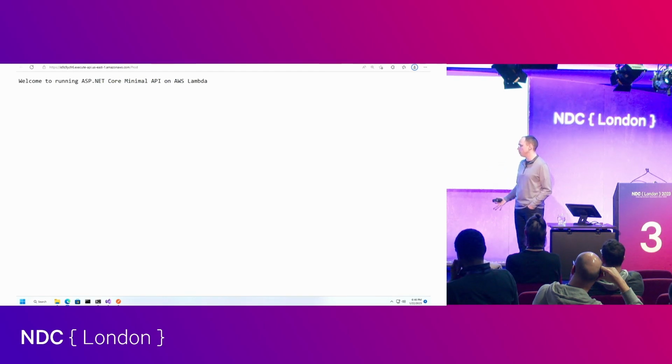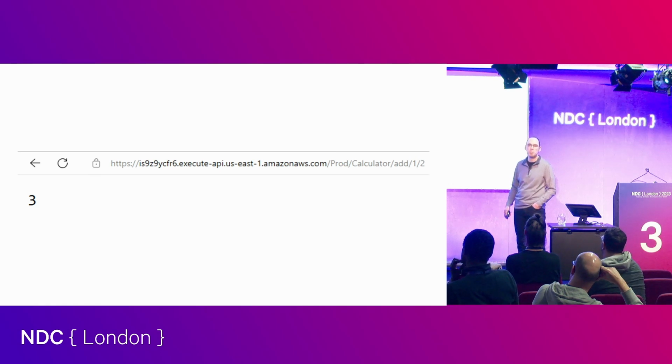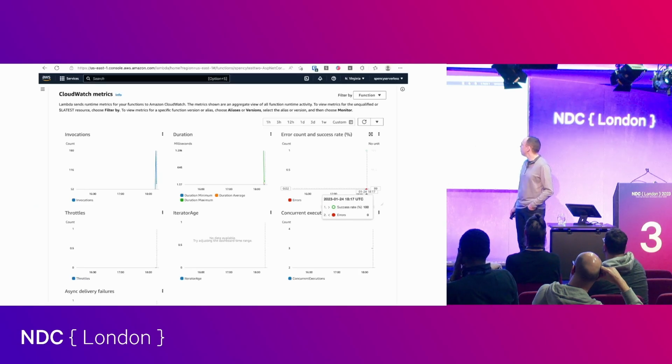That worked, I assume because it created an API gateway, and then it spoke to the Lambda, or sent my request to Lambda, which was great. And it even had this cute little calculator controller example that I was able to get to work the first time. I added 1 and 2. That was cool. And then I decided to look at their CloudWatch metrics, which I had to deal with some of these things when I worked on that AWS project last year.